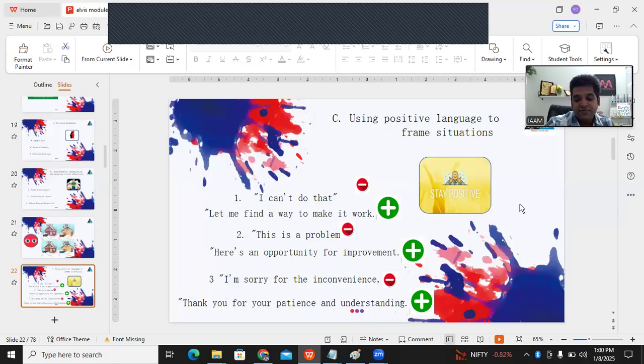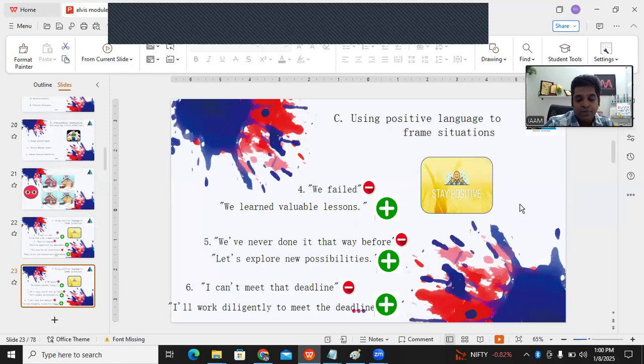You can use this exercise with your trainees in the room in communication. All the examples are there. If you wish, you can hide the positive one, just show the negative and ask them, what can be the positive one? At times, it is very difficult for the trainees to identify the positive statement, because the mind by default is so hardwired to speak negative. At the spur of the moment, very impromptu, spontaneously, we speak negative and we don't even realize it. We are unconscious about it.